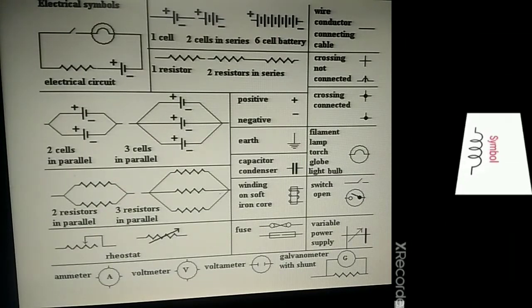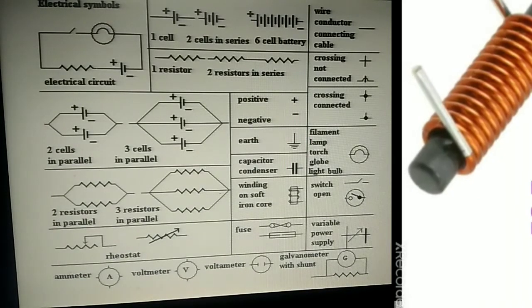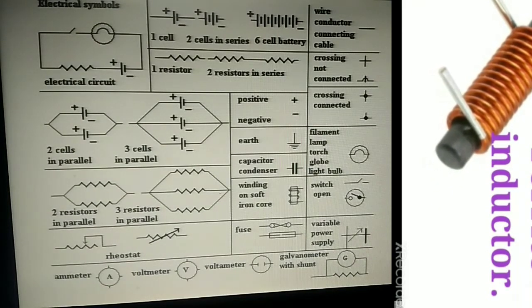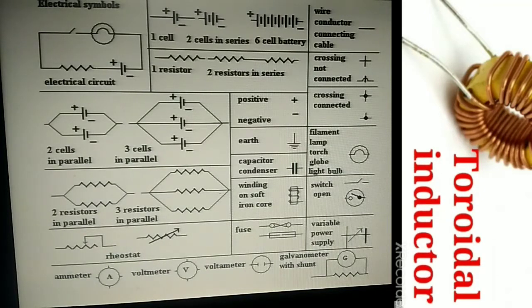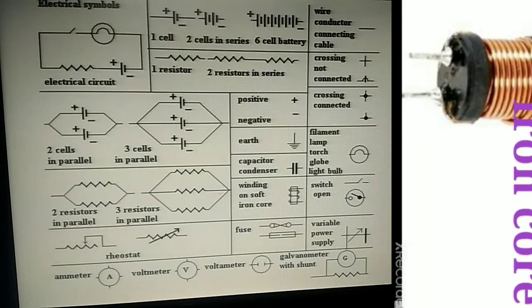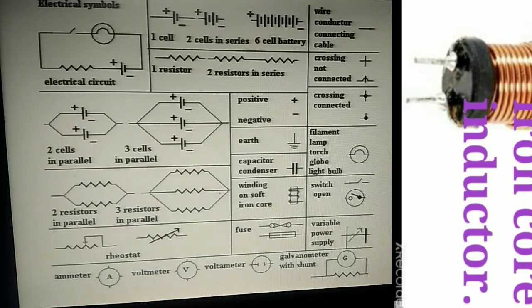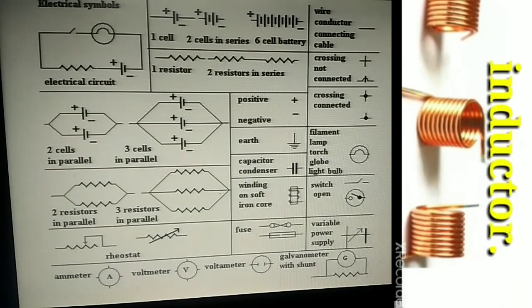Then 2 cells in parallel, then 3 cells in parallel, positive, negative symbols, earthing, wire crossing, it's connected. Then a capacitor, filament lamp or torch globe or light bulb, 2 resistors in parallel, 3 resistors in parallel, winding